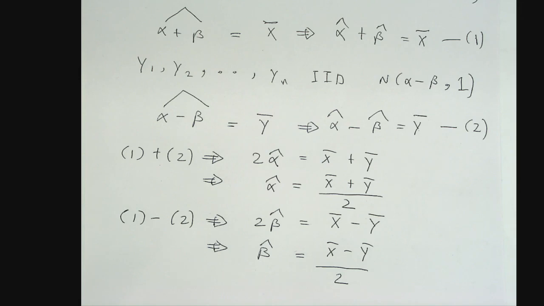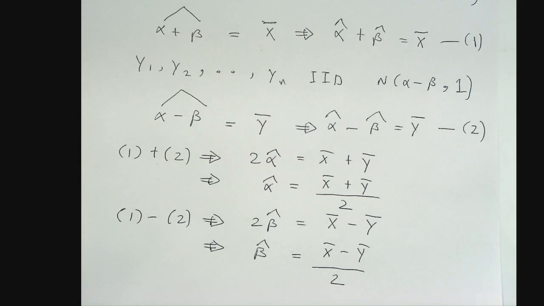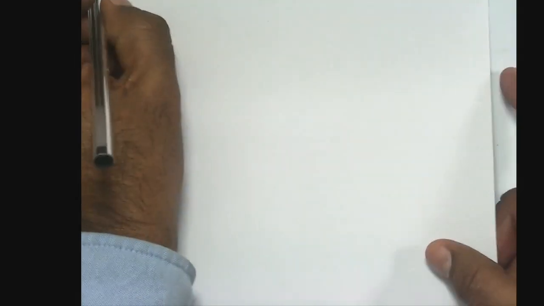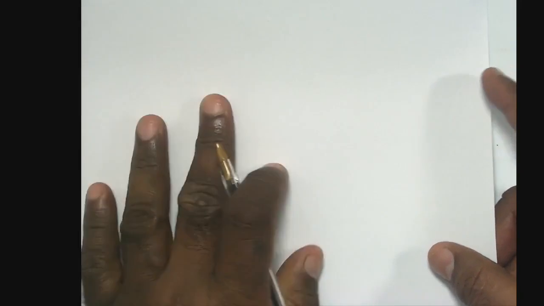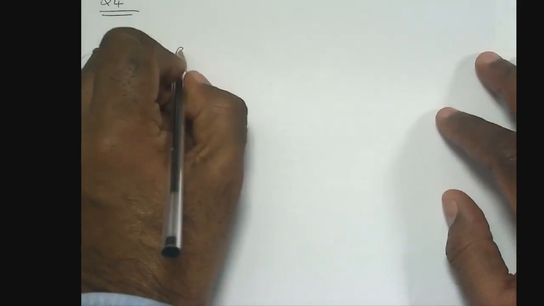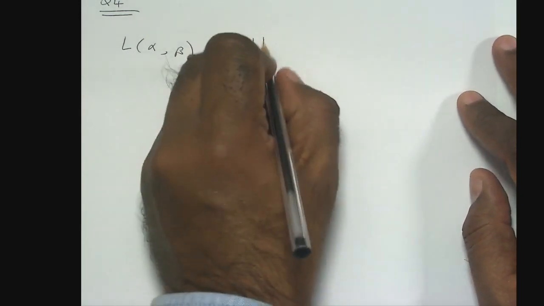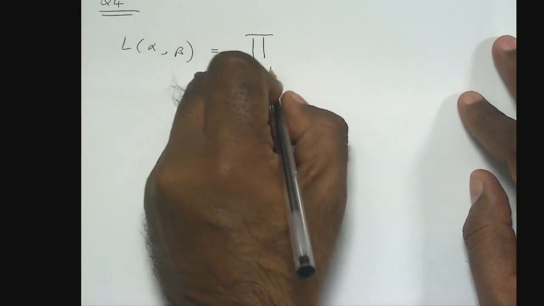So this is perhaps the shortest way to do the question. A longer way to do the same question is as follows. If you want, another way to do this is to write down the likelihood function for alpha and beta, which will be the product for i from 1 to n of